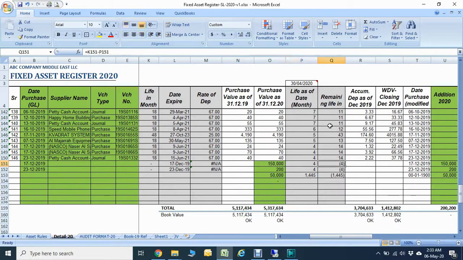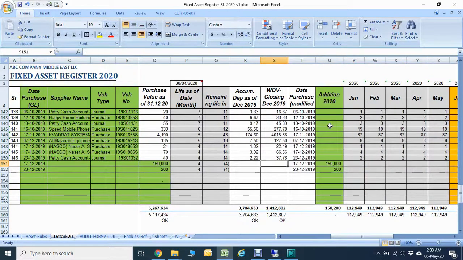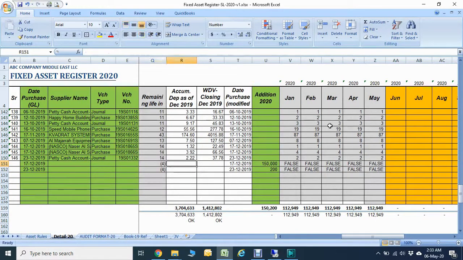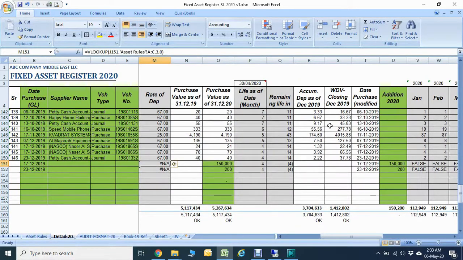So here, I'm just removing only 2 rows. I'm doing the exercise, then all the amounts come here automatically. Okay, then you can do the monthly, drag and down here. So the amount is not coming because we need to update something here.